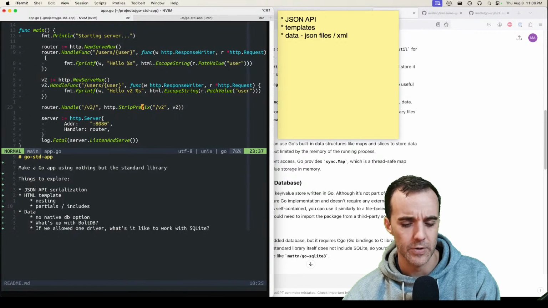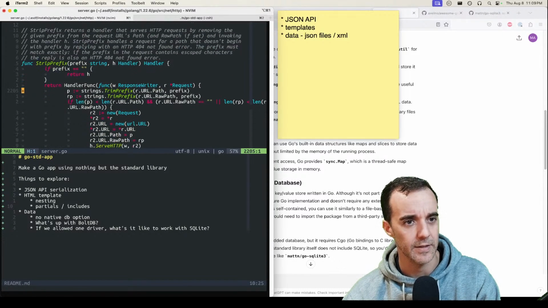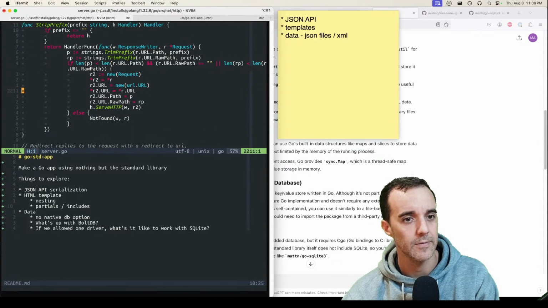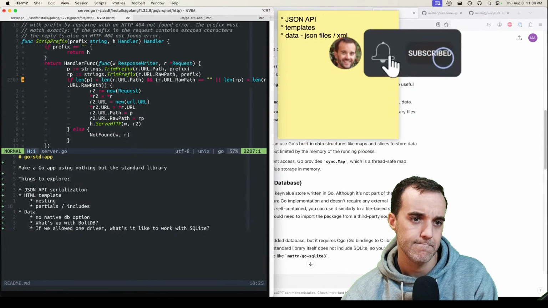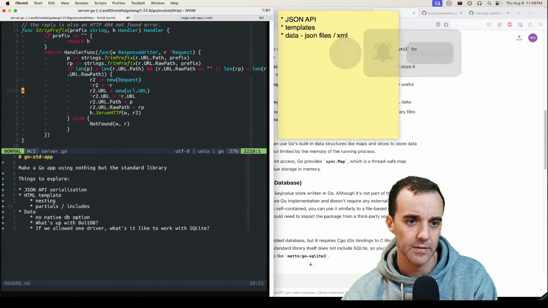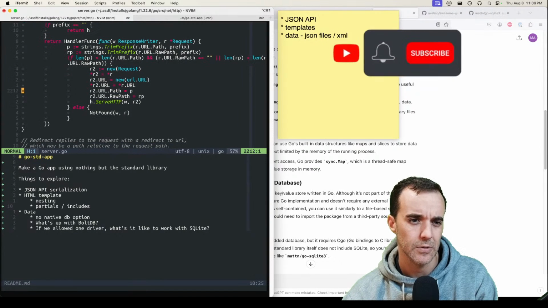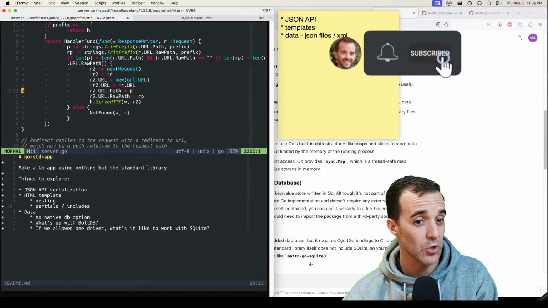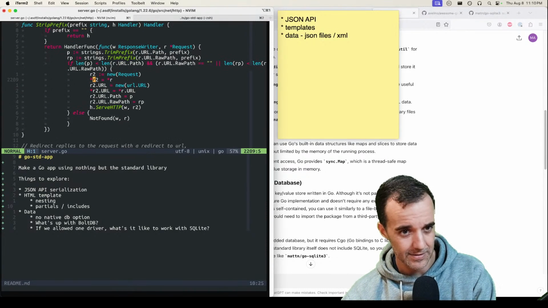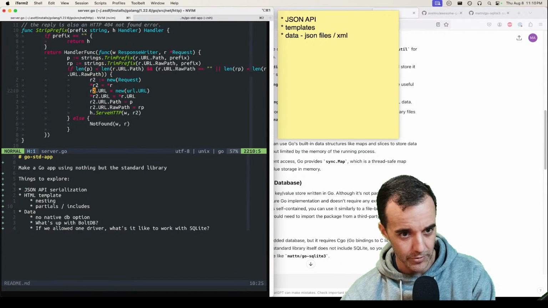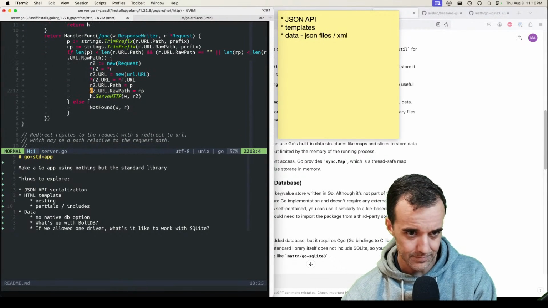Also really cool. I love when you can just jump to a definition like that, and this is standard library code, and we're just looking at it. That's awesome. See exactly what it does. A little odd in its construction, to be honest, and gosh, they really love these short variables. I hate that. R2?